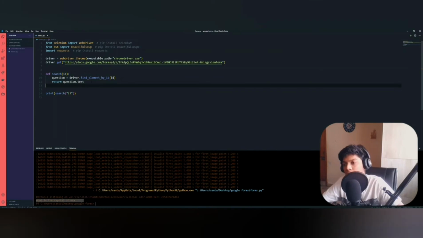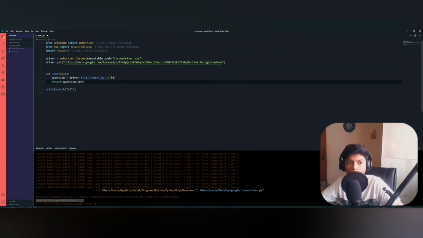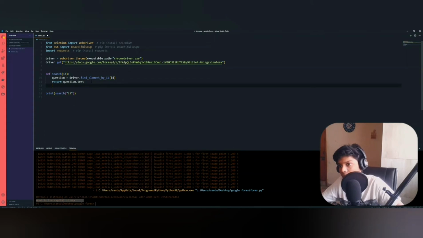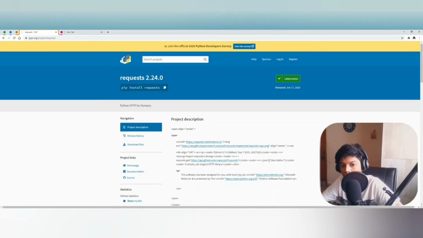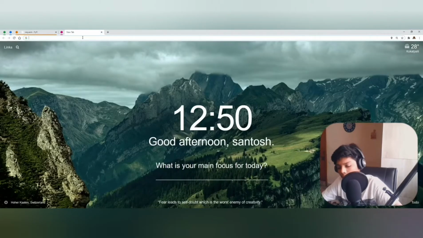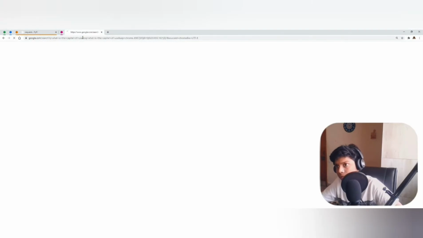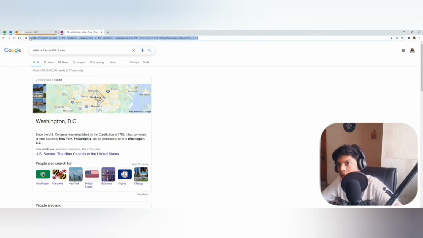So the next task is to find the answer. For that, you'll need to paste the URL. Here we are going to use a formatted string. Now let's paste this question. Here you can see this.